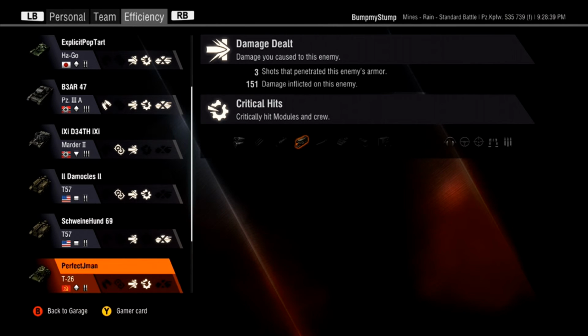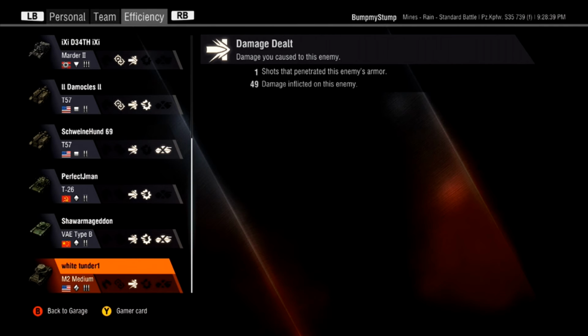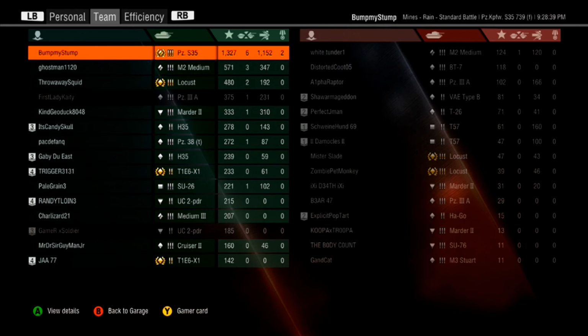T-26, 3 shots for 151. Removed his tracks from the game. 6, I count them, 6. The VAE Type B, 3 shots, 139 damage. Took him out of the game. The M2 medium, only 1 shot for 49 because he snuck in behind the rock there. So, yeah, but if you look down at that list there,